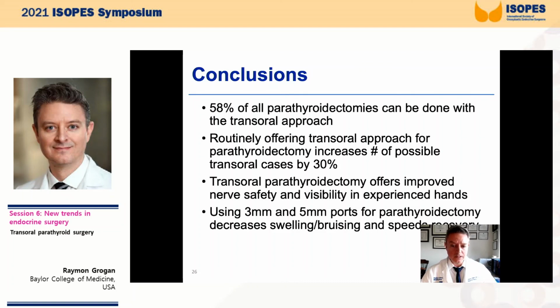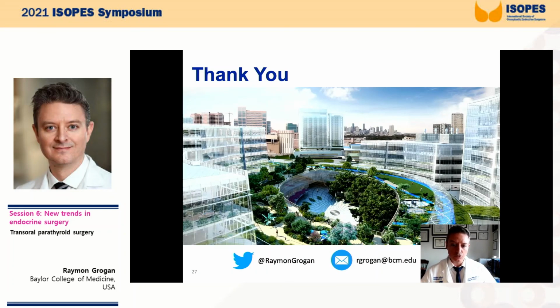In my opinion, the transoral procedure actually offers improved safety to the nerve due to better visibility and because of that anatomic change that I showed you that makes it even safer than it does through the traditional approach. And then, of course, it can be done with either 3 or 5 millimeter ports. Very minimally invasive. Most of the time, most patients don't even have any bruising or swelling, even with all 5 millimeter ports. So hopefully I've been able to convince you today that the transoral parathyroidectomy is a valid procedure and